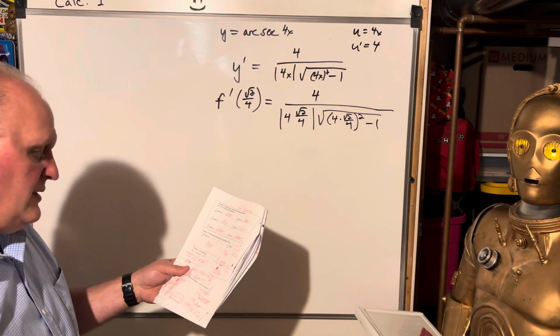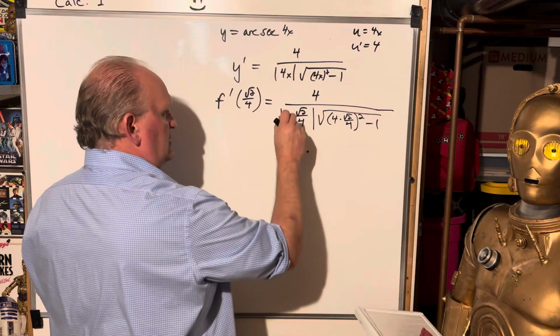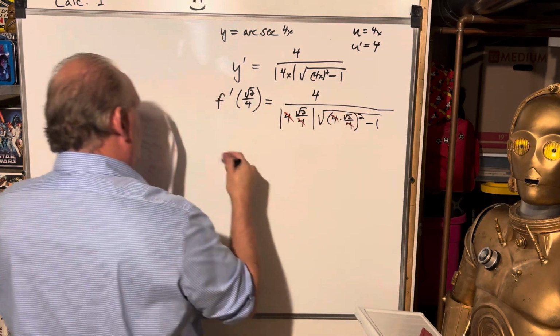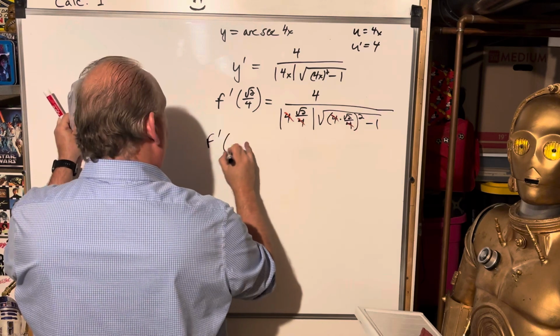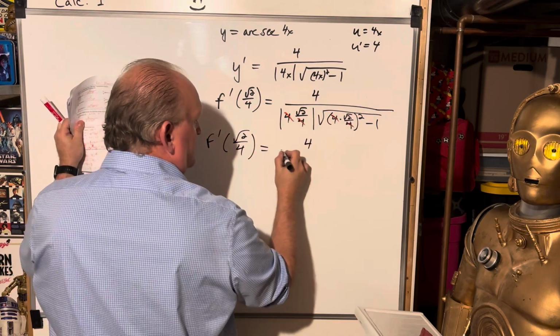So the upside of all these 4s are, we can just cancel those. And so we have f prime of the square root of 2 over 4 is equal to 4